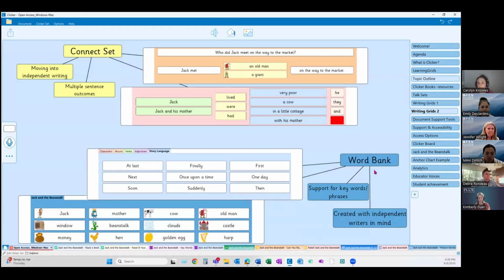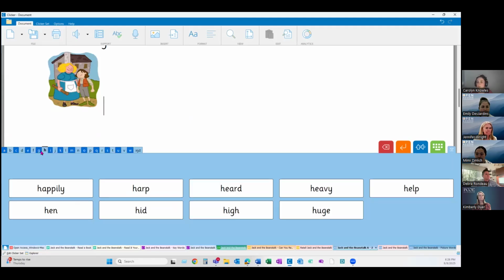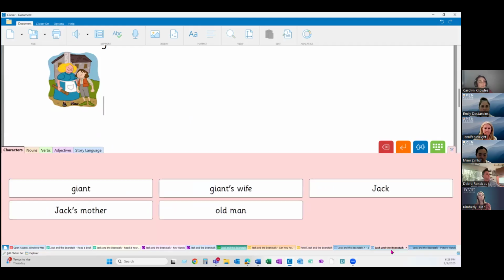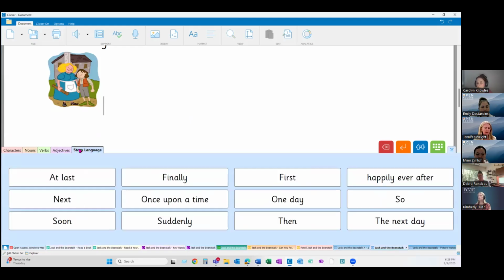And then, of course, we have word banks. That's the last type of activity that we would offer. Now, these are, of course, geared more towards writers that are writing independently or more independently. And we have a classic alphabetical word bank, like we would expect to see within this Jack and the Beanstalk activity. There are lots and lots of these. But there are also some that are topic tabbed, like this one, where we have key vocabulary, or the vocabulary that we're focusing on, clustered onto specific tabs. We have a nouns tab, we have a characters tab, there's a general story language tab. So we're still providing structure, but again, there's a little more independence here.